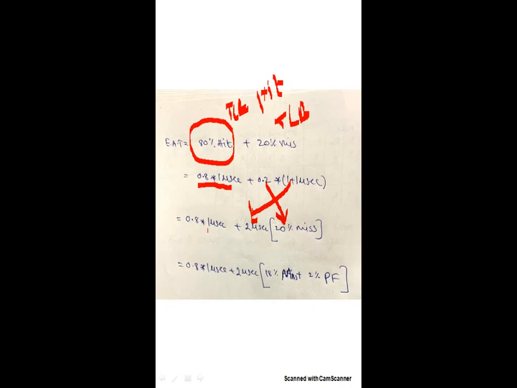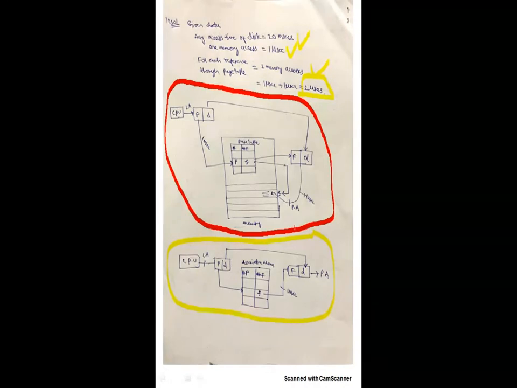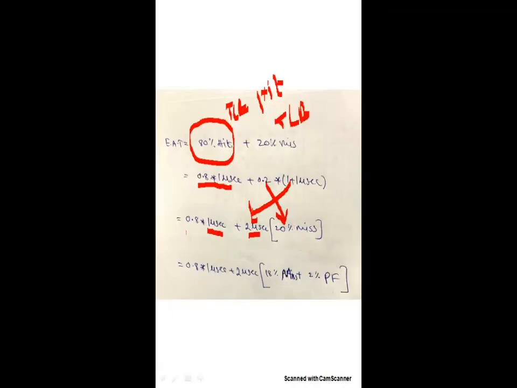So in case of a hit, it is taking only 1 microsecond. In case of a miss, it is taking 2 microseconds. But here again, you see the problem. He has told that 10% or 2% of the total causes page faults. So again, there are three scenarios. First scenario, TLB hit. We did this. Second scenario, TLB miss. In a TLB miss, again there are two scenarios. One is page hit, and the other is page fault.